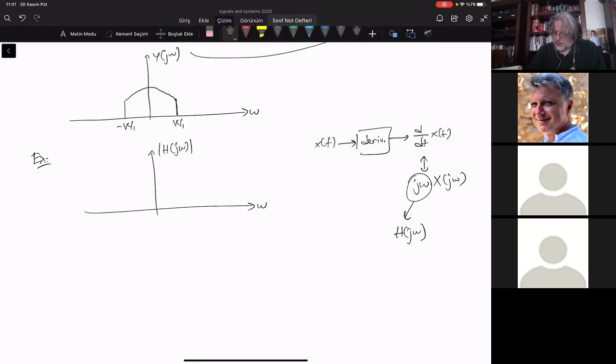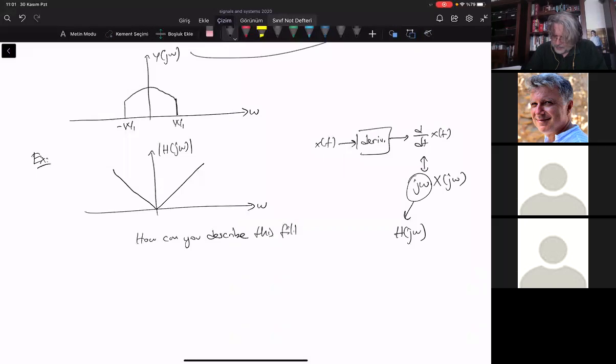The magnitude of j omega is the absolute value of omega, which looks like this. A 45 degree split, like this shape. What is this? How can you describe this